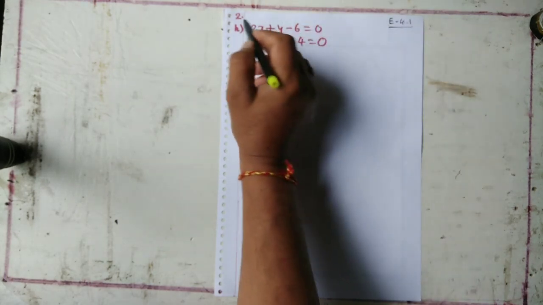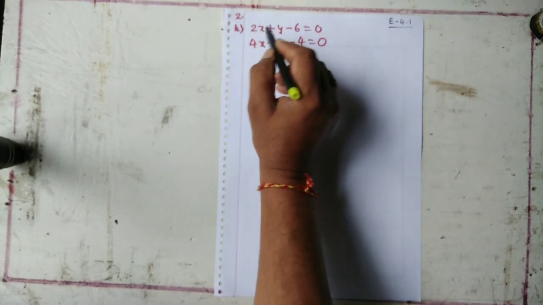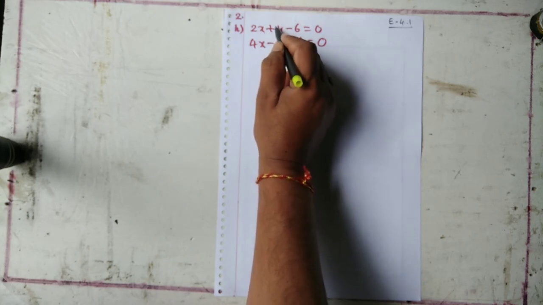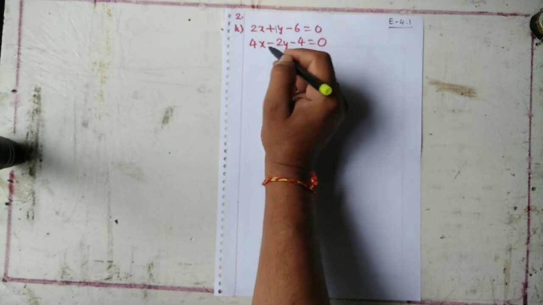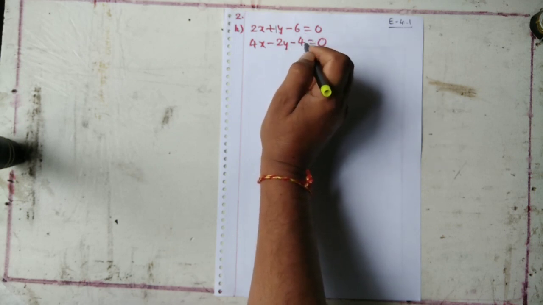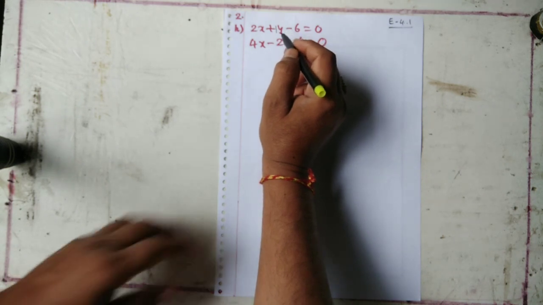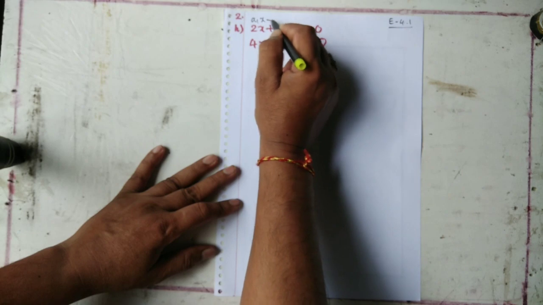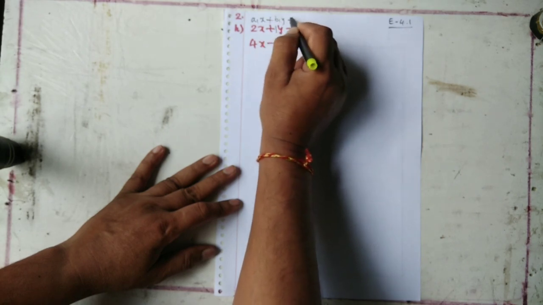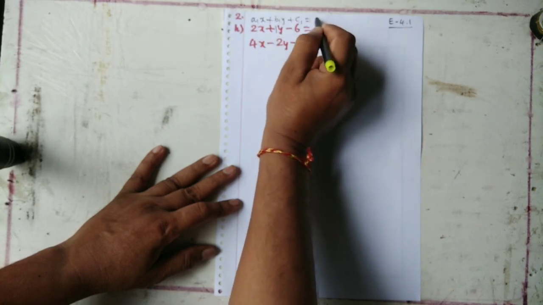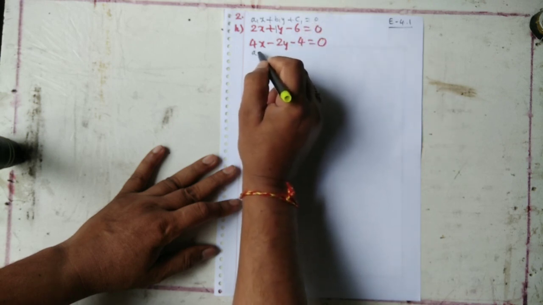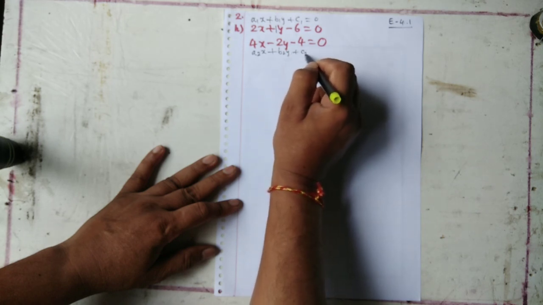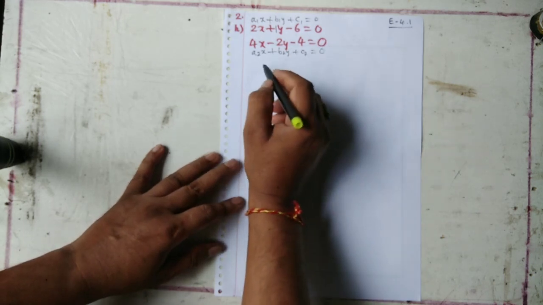Exercise 4.1, second bit H. Given equations are 2x plus y minus 6 is equal to 0, 4x minus 2y minus 4 is equal to 0. On comparing these equations with the standard forms, a1x plus b1y plus c1 is equal to 0 and a2x plus b2y plus c2 is equal to 0, we have